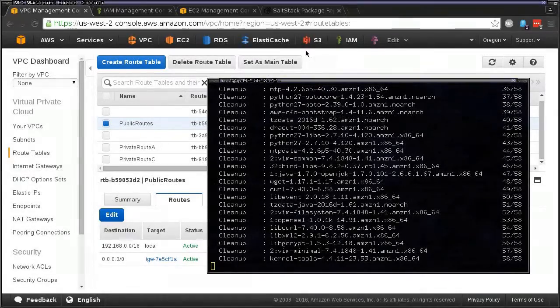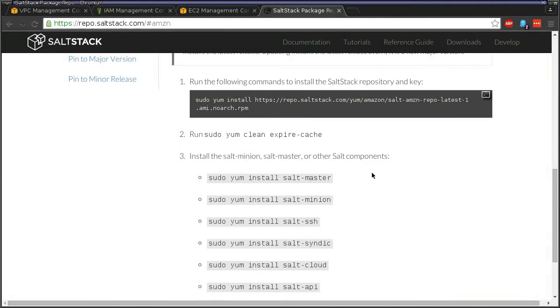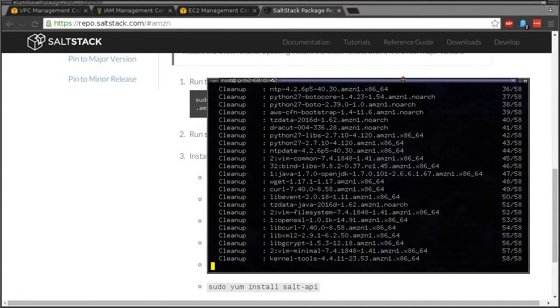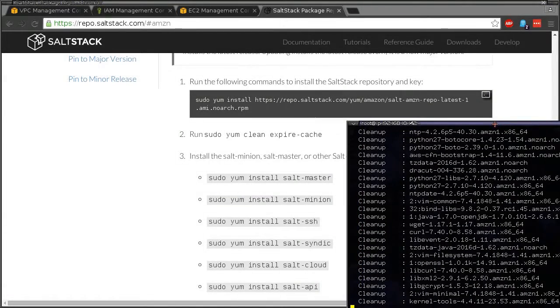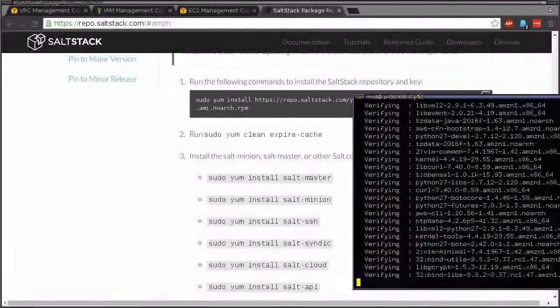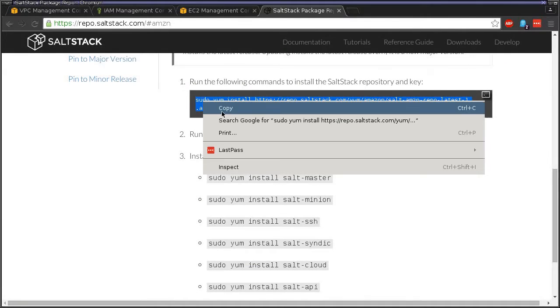Okay, once this is done, we're going to want to follow these steps right here. So we're going to go ahead and get that open. Okay. So the first thing we want to do is install their repo. So we're just going to copy that